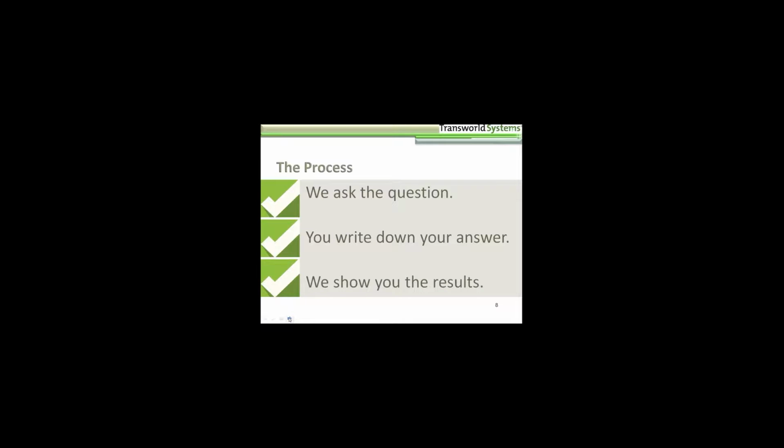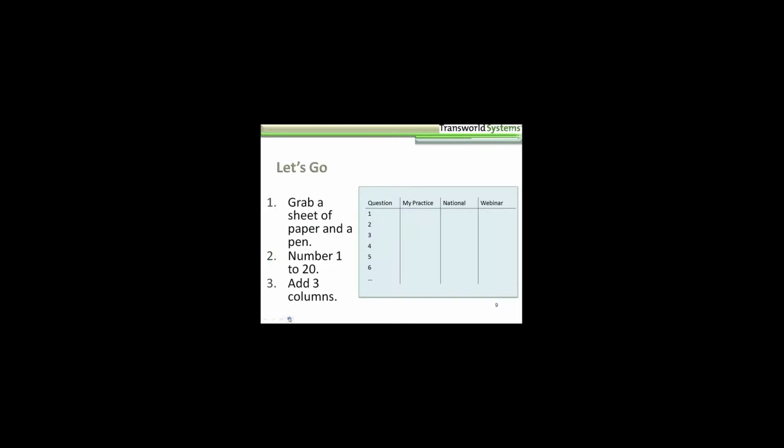Okay, so here's the process that we're going to go through. During the webinar, you will have the opportunity to score your practice amongst our responders and also participate by responding to polling questions with your fellow webinar attendees. We will not only share the national study findings, but the immediate results from the webinar attendees live. So I will show you the questions. If there's a poll associated with the questions, you will see it on your screen. Kathy is going to help me with this. You'll answer the poll. You'll have 10 seconds to respond. And there will be 9 polling questions throughout the webinar. I'll share the results from our national study, and Kathy will share the results from the webinar attendees. So you'll get on-the-spot answers from your peers showing just how your practice ranks on the payability scale.